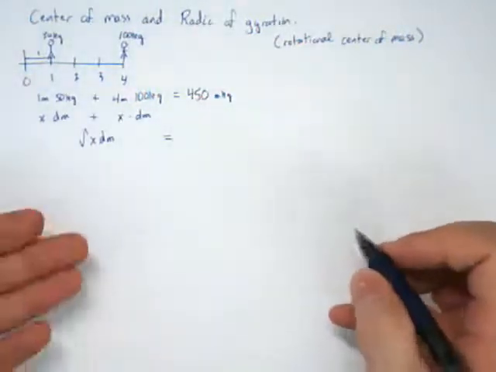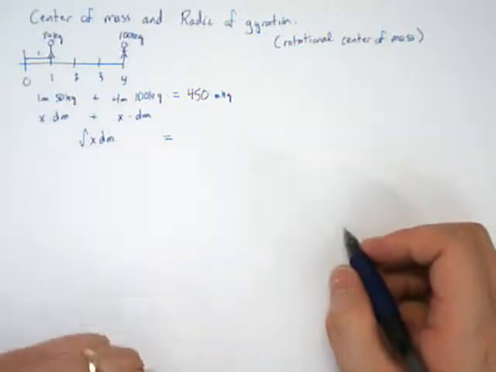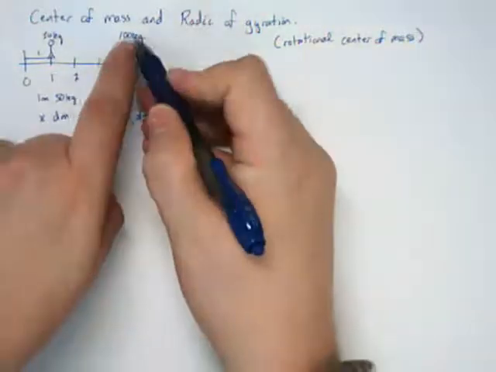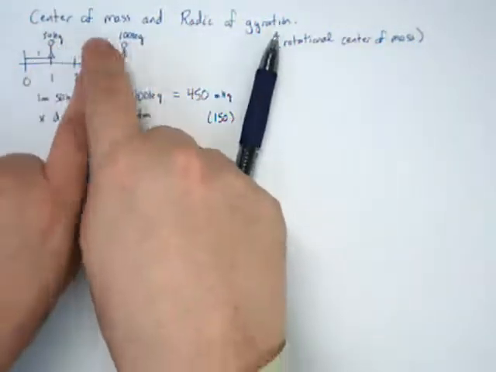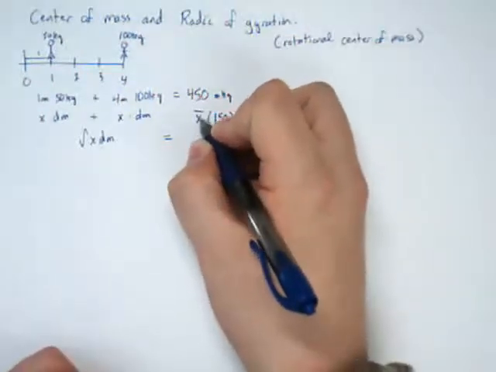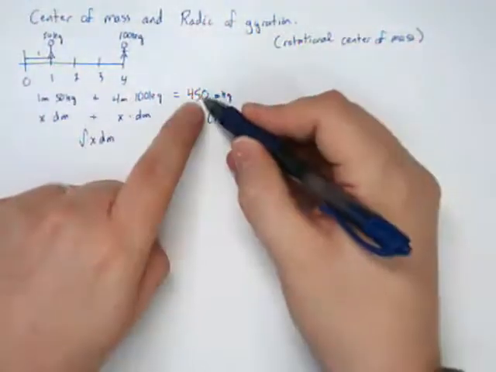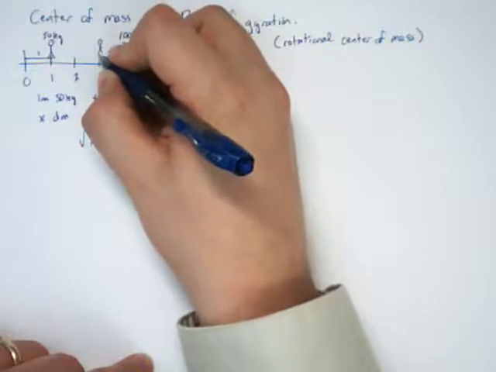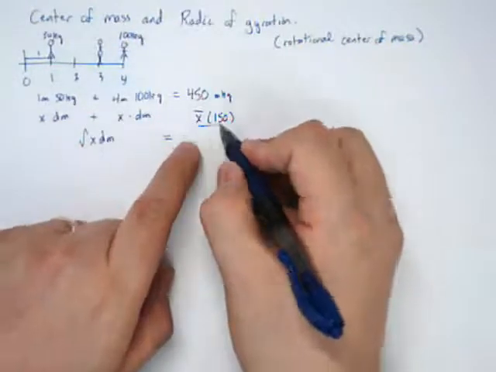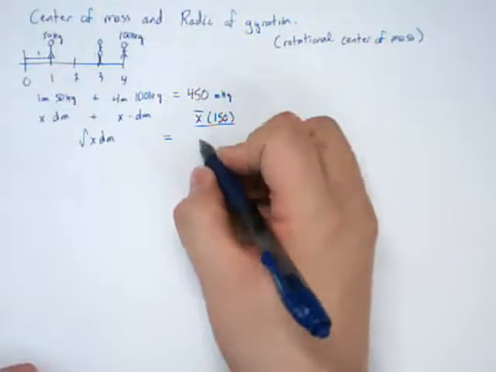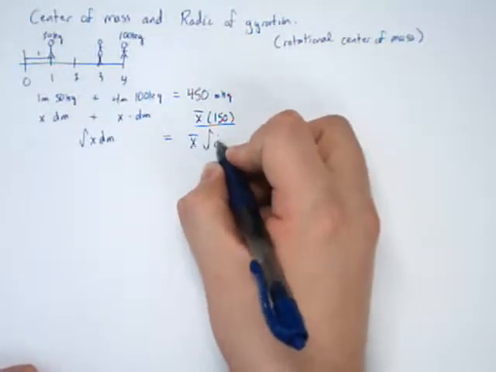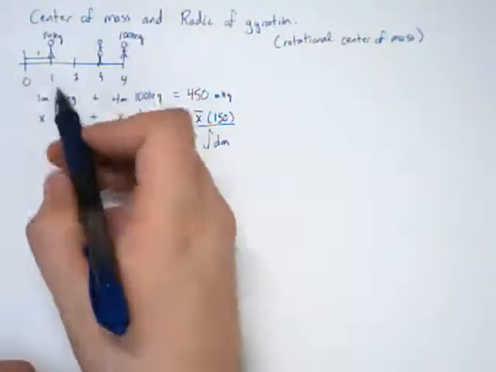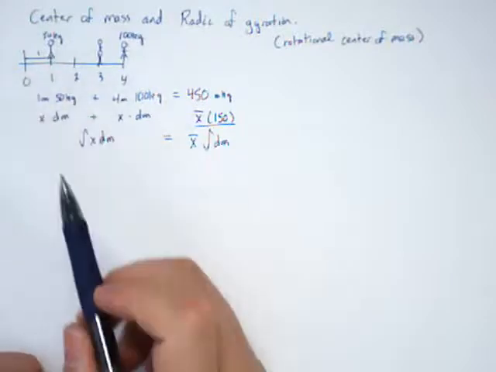Well, over here I had to get something else. The question I want to ask is, is it possible to take all of the weight, there's 100 here and 150 here, can I take the two, have them stand in the same spot, and get the exact same average mass? Well, 450 divided by 150 is 3, which means if I make both people stand at this spot, then this number would be the same if I put a 3 in there. So I could think of this as x bar times add up the masses. The center of mass is precisely where everyone should stand so that this weighted distance to the origin is the